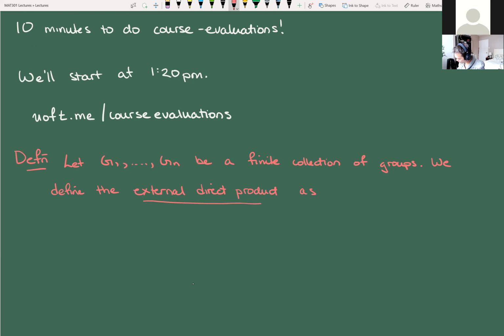Okay, and the way that we write this down, we have a couple of ways. The classic way, if you want to write it all out, is to use this plus sign with a circle around it. So this is just notation. I'm going to tell you what this actually means in a second, but this is how we indicate it. Alternatively, just like sums or products, you can use a big circled plus, i equals 1 to n, G_i, like that. Okay. And what this is